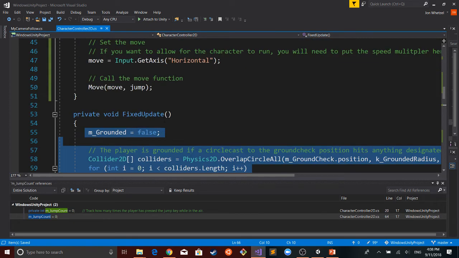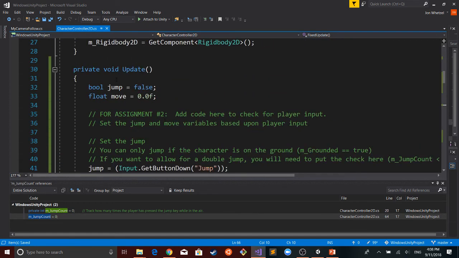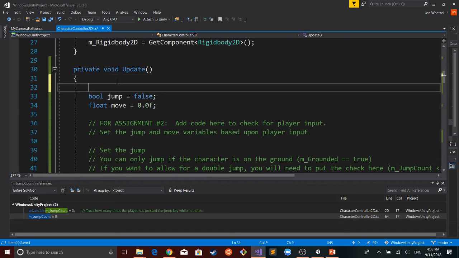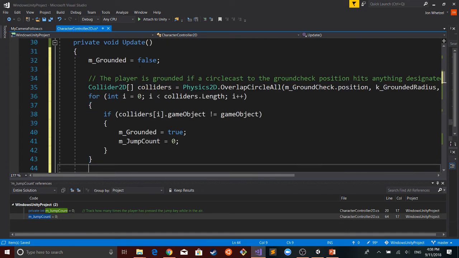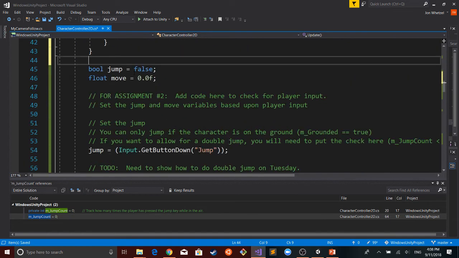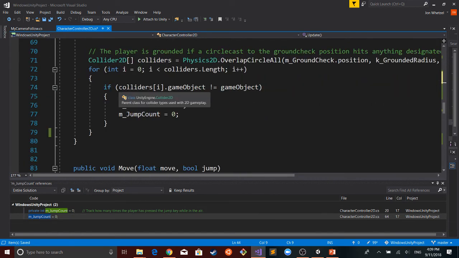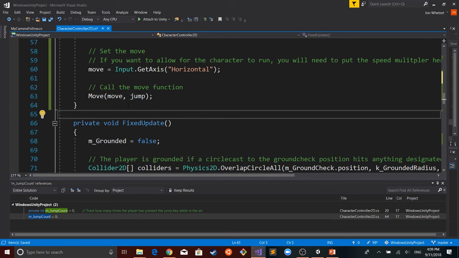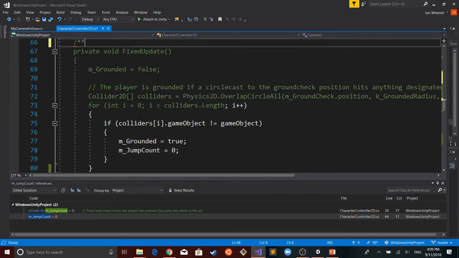So just for giggles, let's try doing this. If we just move this portion into update, and for now I'm going to do a comment.